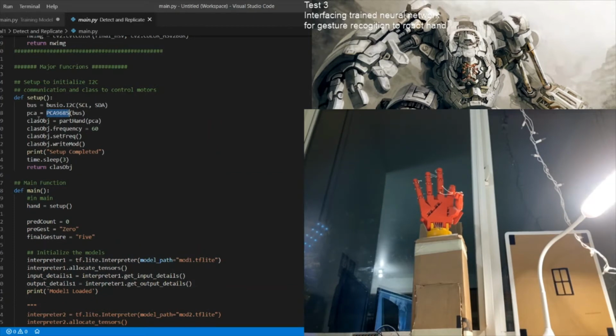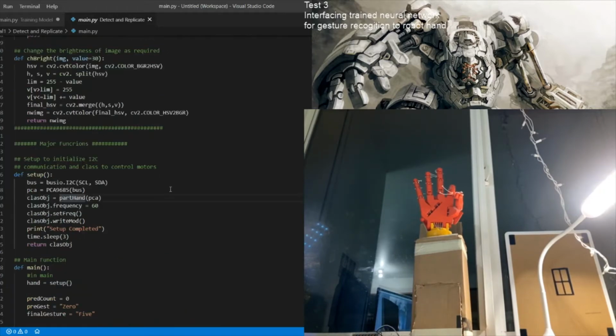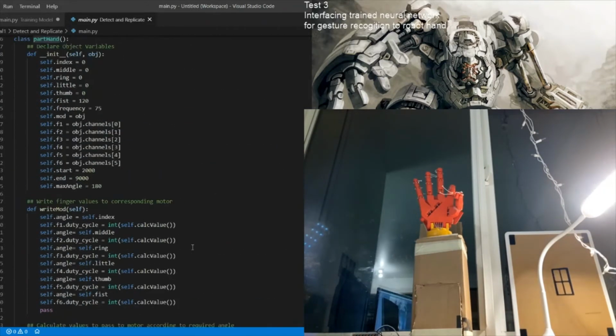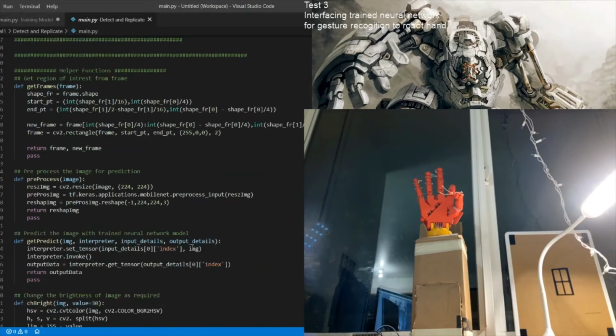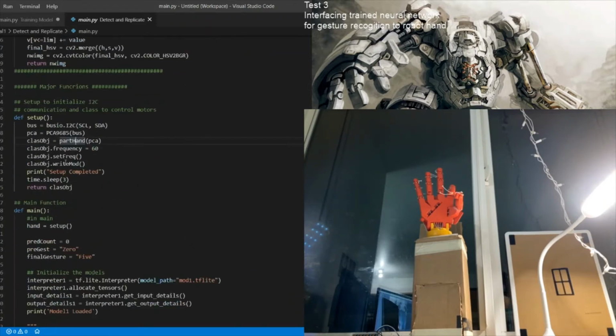With this information, we create an object of our required hand class, which was discussed earlier, where we can set the angle values and pass these angles to our motors. We set the frequency to 60 and set it to the initial position, with the fingers completely open. If the setup is completed, we can say the motor and everything is working fine, and then we can move on to the main detection and replication part.